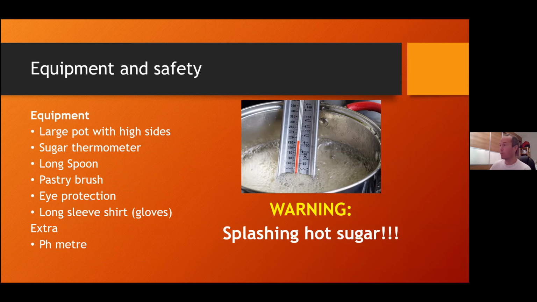You need a large pot with high sides, and I'd say a large pot because you're going to have splashing hot sugar, and this pot on the side is probably not big enough. I'd probably go for a tall pot if you can. A sugar thermometer is an absolute must because you want to actually maintain the sugar at a certain temperature. You don't want it to go too high. A long spoon, a pastry brush,